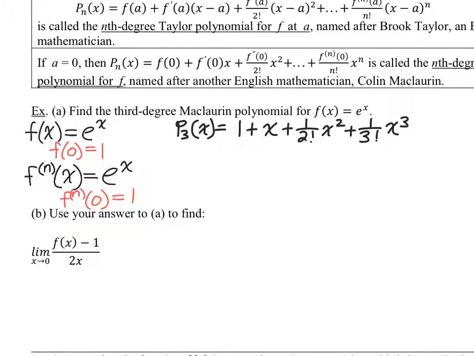Now, e to the x, if I were to plug that in for f of x, I get e to the x minus 1 over 2x, which is indeterminate. I would apply L'Hopital's rule, and after a step or two, I would get the answer. It's not that crazy. But if I use my approximation here as something that can replace f of x,